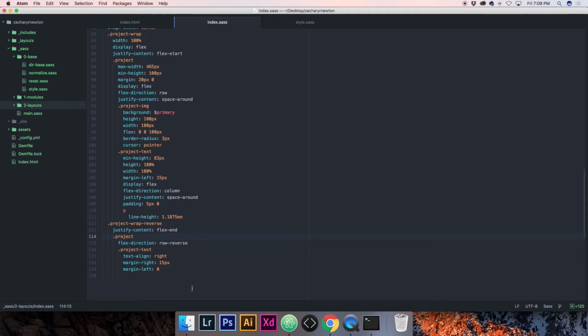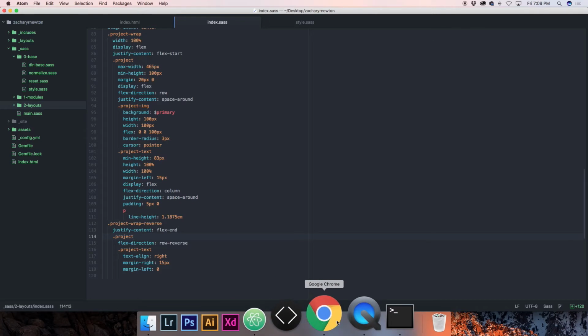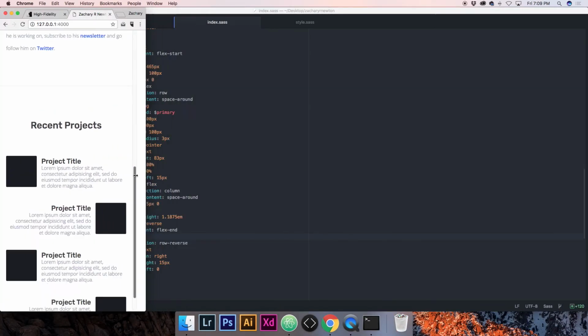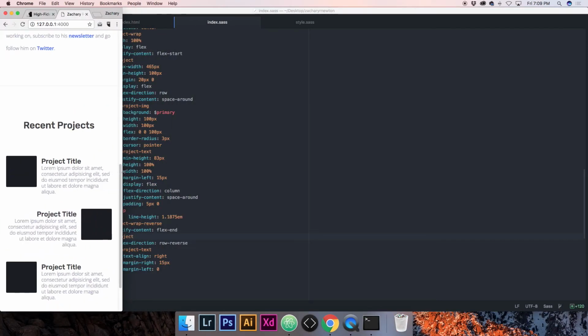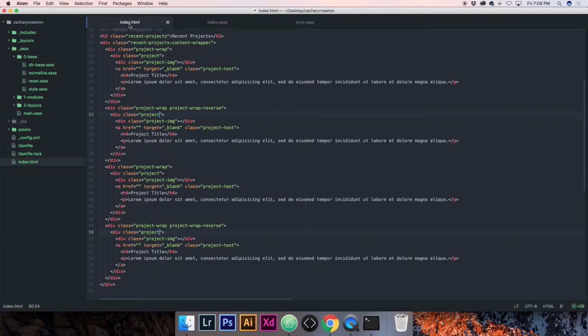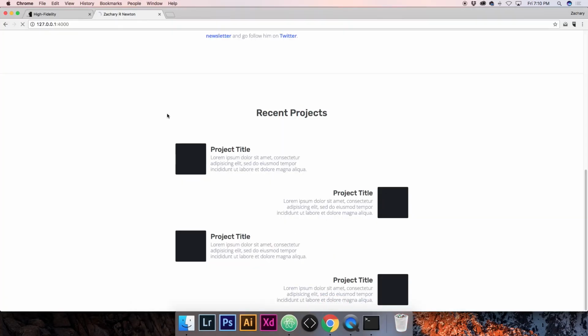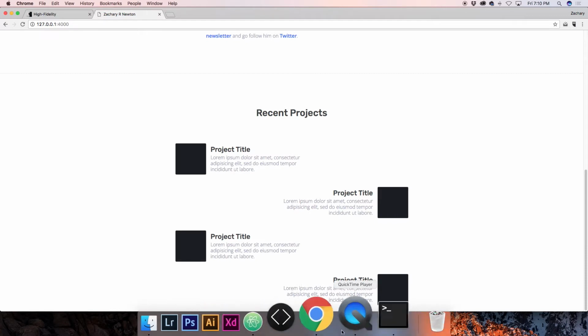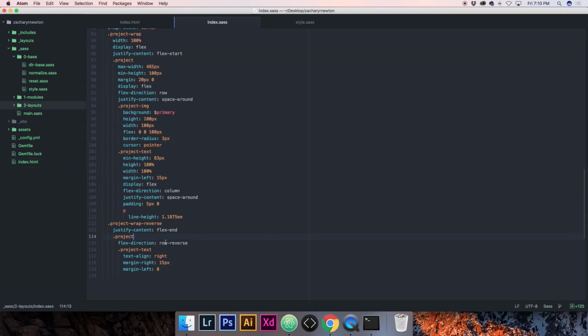So this is pretty much done right now, but we still do need to add a couple things for responsiveness. I still think we can trim a couple words off here because it's still longer than what I have it designed for. Let's go for that. That's looking better. Okay, so what we're going to do in our index.sass,